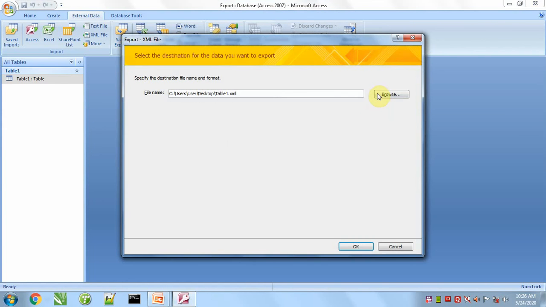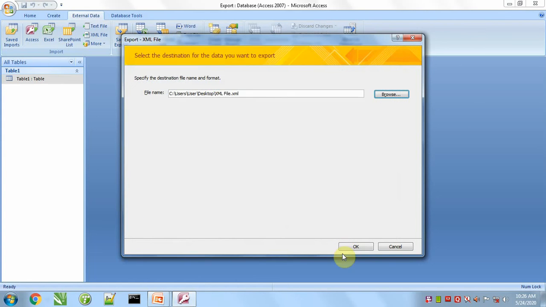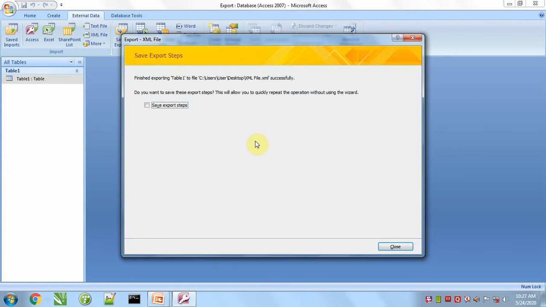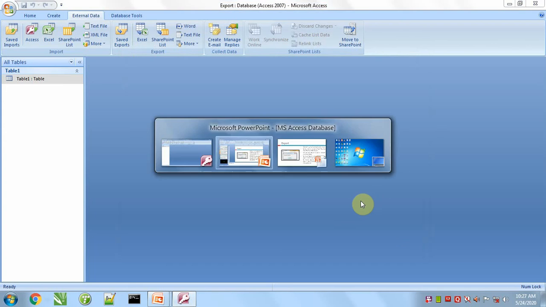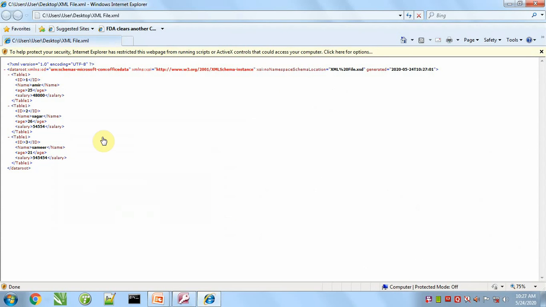XML file, the file in XML format has been converted.